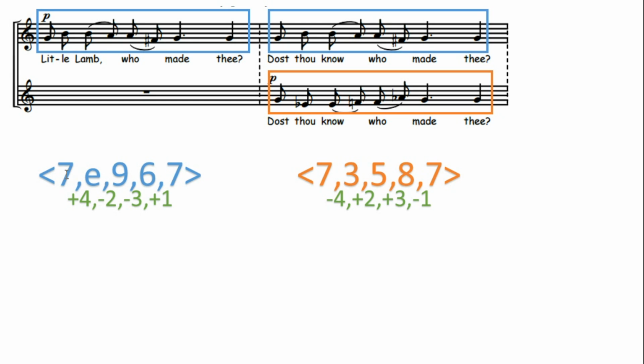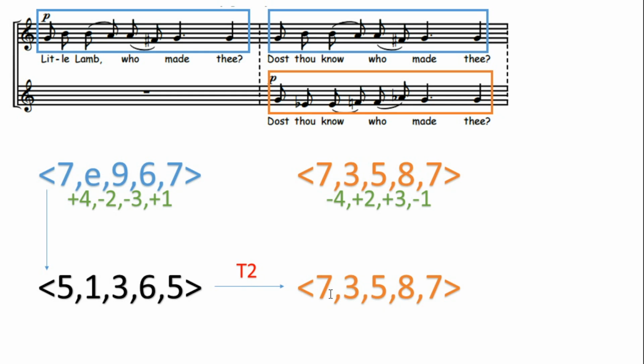We can also identify these being related by inversion in the following manner. We can find the inverse of each one of these pitches. The inverse of 7 is 5. The inverse of E is 1. The inverse of 9 is 3. The inverse of 6 is 6. And the inverse of 7 is 5. These two sets are related by direct inversion. We can get to the integers of the orange segment if we transpose the integers of the inversion segment. We transpose this by 2, we get 7, 3, 5, 8, 7,